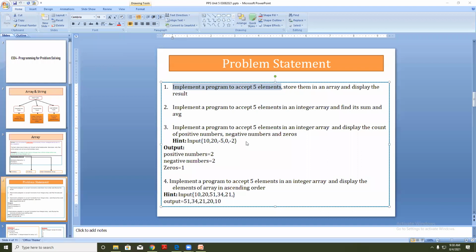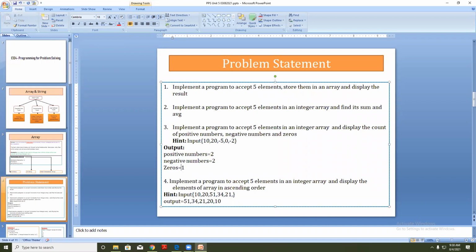Here for 0, I need to find the exact match. That means double equal to. If I use a single equal to, that means the right hand side value is going to be assigned to the left hand operand. If you use double equal to, it will compare the values from the left hand side and the values from the right hand side.